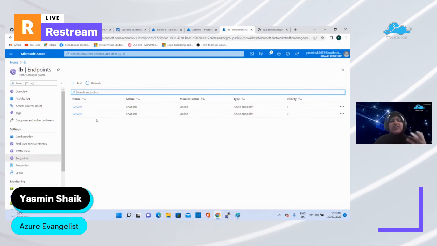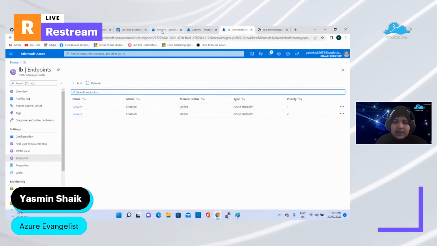But usually in production, all your servers will be hosting the same web application, so your user won't see any difference in which server they are accessing. I just wanted to show that difference to you. That's why I have echoed different messages here. As server 1 has priority 1, when I search through the URL, it directly takes me to server 1.